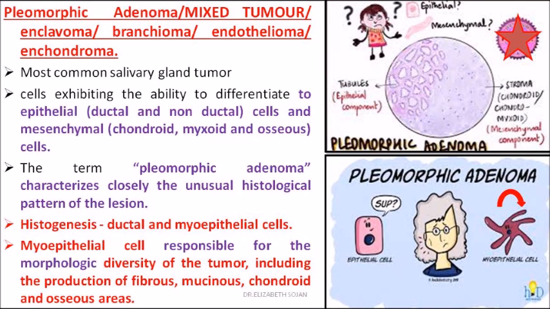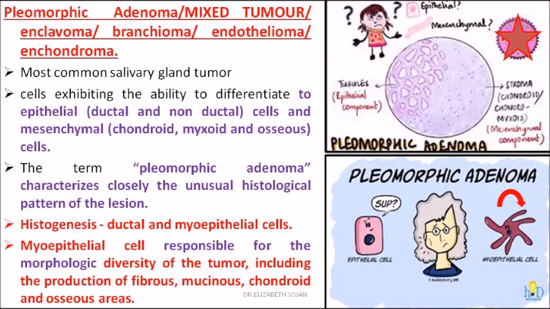Which are the connective tissue components? They are the cartilage, the bone, blood capillaries, nerves; all these are connective tissue components. Understood? If the tumor contains both the epithelium and the connective tissue components, then it is called a mixed tumor. Though it is a benign tumor, it is a mixed tumor. The epithelial components are the tubules. In the diagram, the tubules are the epithelial component, and the stroma, which contains the chondroid part and chondromyxoid part, comes under the mesenchymal component. That is why pleomorphic adenoma is called a mixed tumor.